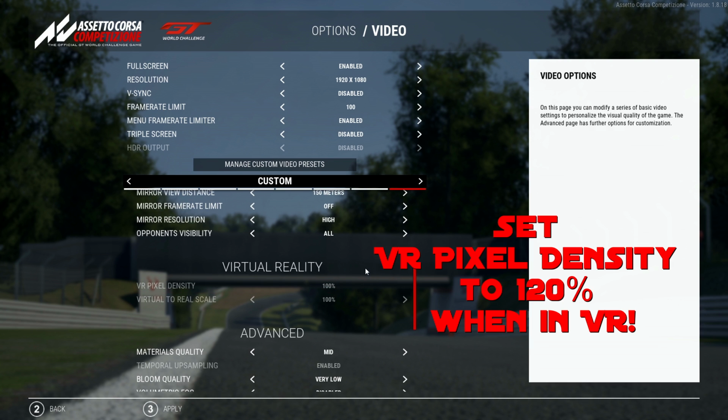Virtual reality. I'm recording this video here now on the flat screen, so that's why I cannot modify it and why it's showing 100% here. Actually, to achieve the best visual performance on the RTX 3080, I set it in VR to 120%, and for sure if you are on 3080 Ti, 3090, 3090 Ti or even 4090 new graphic cards, you can push that value, and I feel that this is the most important one to get a high picture clarity within VR.